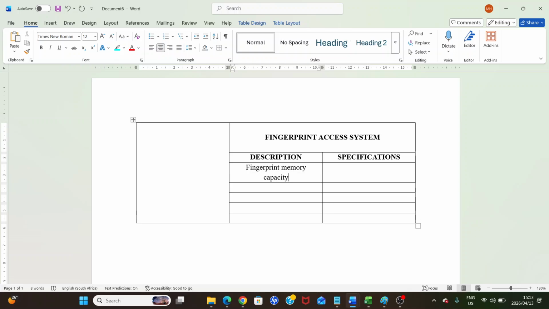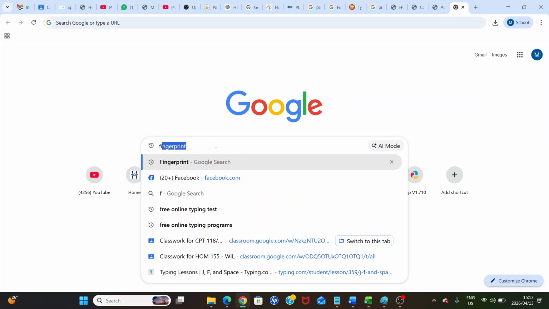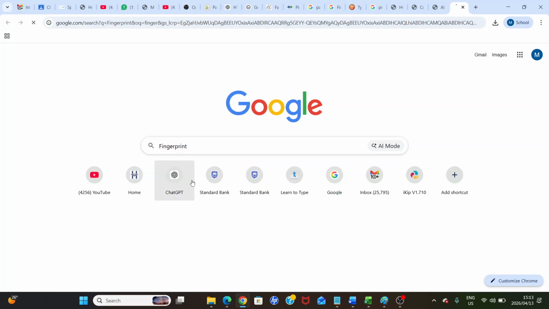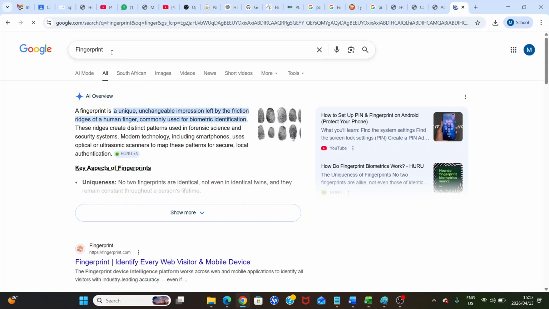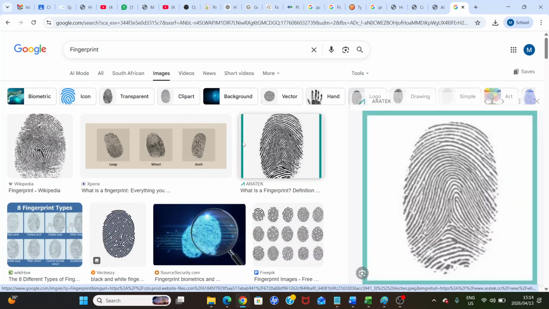Okay, but let's continue with the fingerprint, because this you can type later onwards. How am I going to get this fingerprint in here? Very easy. I'm going to go to Google and find myself a fingerprint picture. I'm just going to Google fingerprint picture. And when you go to Google and you search for a fingerprint and you want an image, you should just search for images. And the one I thought I'd like is this one.